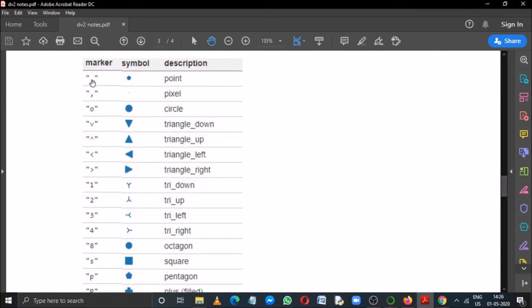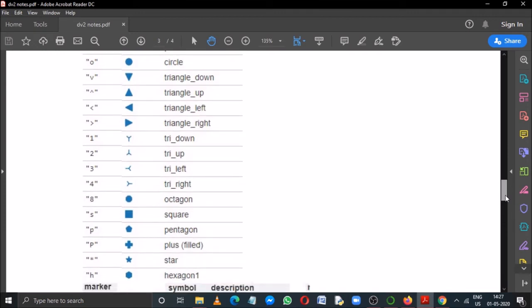if you just put a dot, that means it will appear as a circle. If you give a comma, then only a single dot or a pixel will appear. If you write here O, then a bigger circle will appear. If you write there V, then triangle down will appear. Like this, so many different values are available.